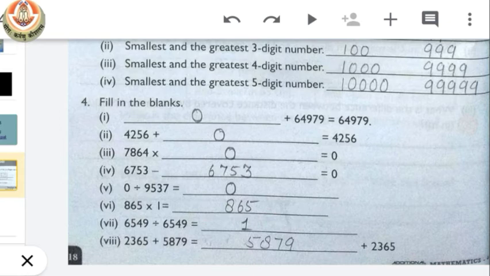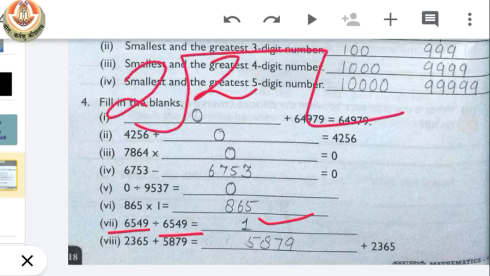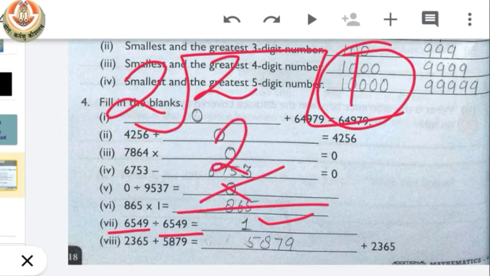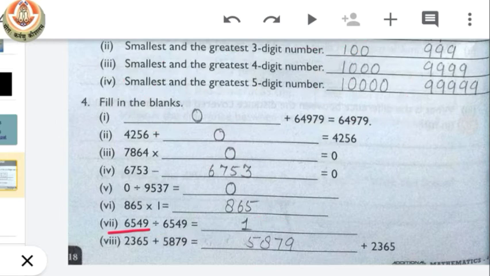Now when we divide a number by the number itself, what should be the answer? So they are asking, when we divide 2 by 2, for example, the answer will be 1. Okay, so that means the answer should be 1.